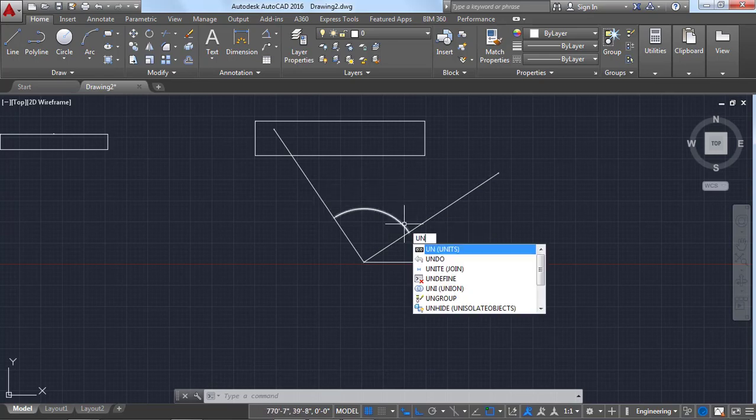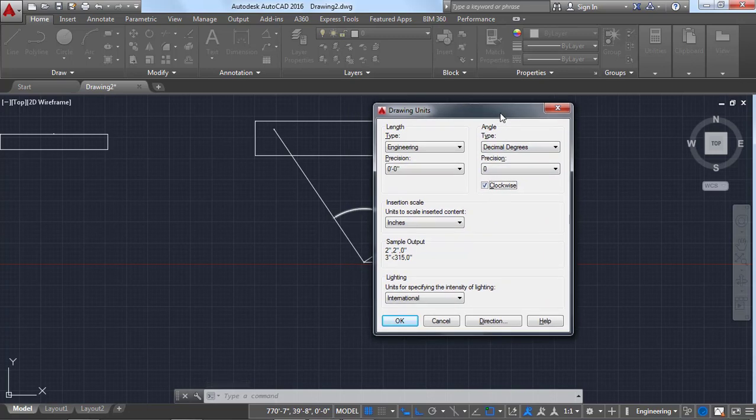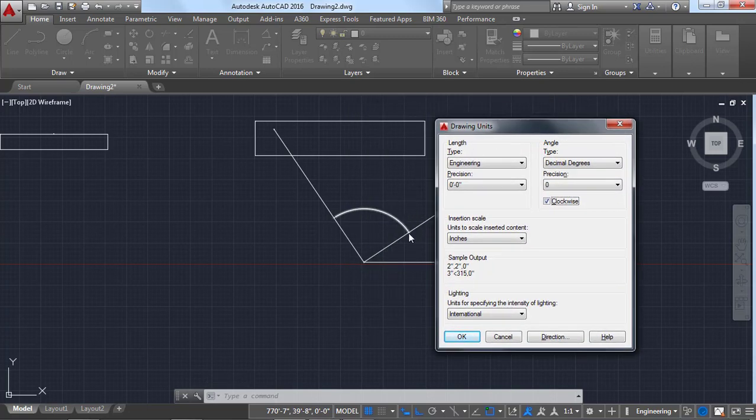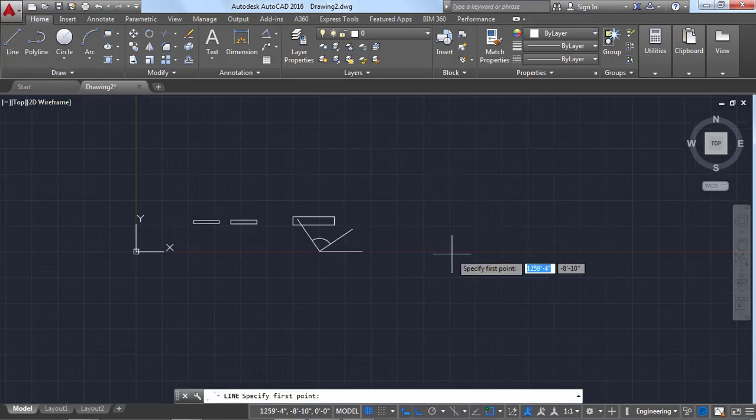Now what I am doing is going to the units command and ticking this clockwise direction so that our angle is taken in the clockwise direction. Here our angle was taken in the anti-clockwise direction, and now I tick the clockwise direction so that our angle is taken clockwise. Similarly, repeat the same procedure again so that we can understand clearly.